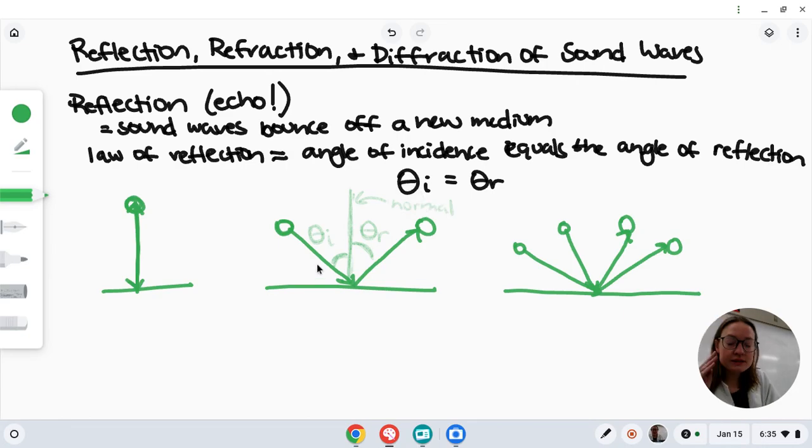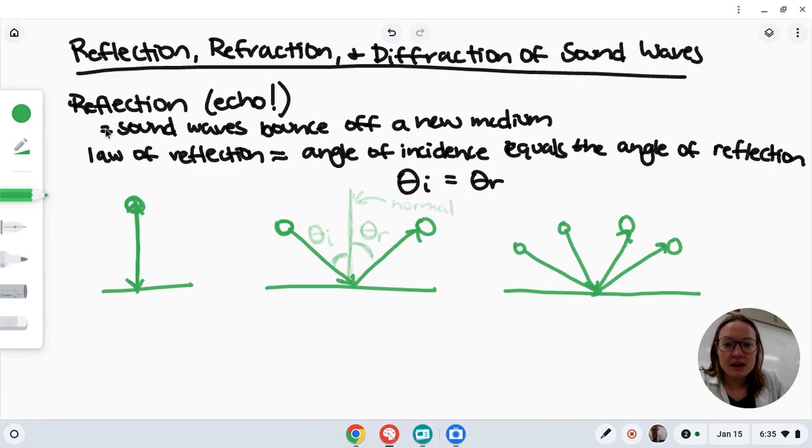That's true of sound waves too. Sound waves bouncing off surfaces, just like bouncy balls that reflect off of things, will reflect off at the same angle that you send them in at. So if I talk at an angle relative to this thing, my sound wave will bounce off this thing at an angle as well. So that's something to keep in mind when you have any kind of reflection, be it the reflection of a sound wave bouncing off of something, or a light wave, or the reflection of anything bouncing off of anything.